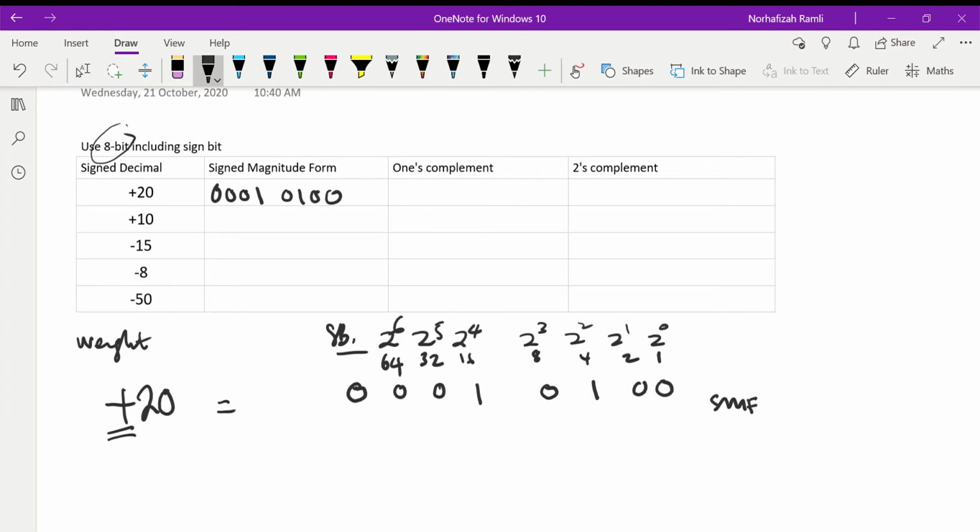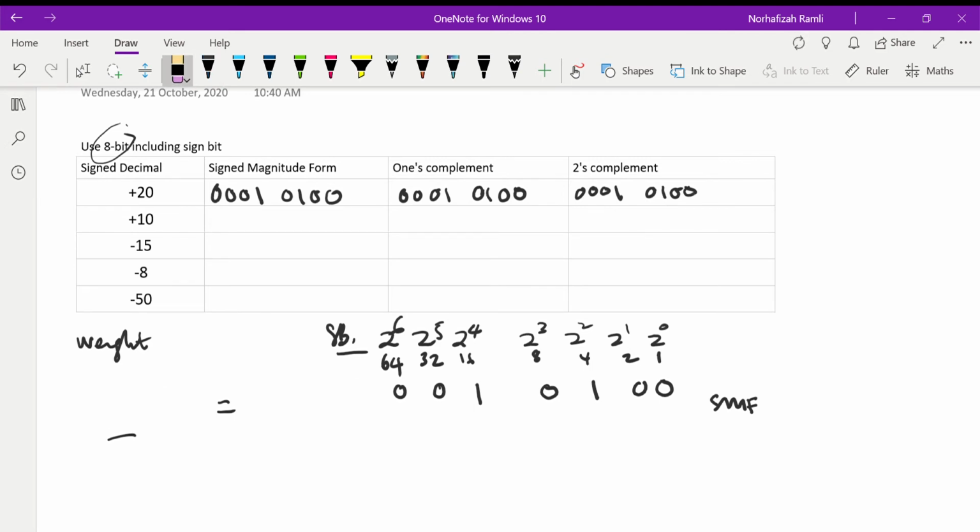Now for positive numbers, positive 20, in one's complement and two's complement you don't have to do anything. It will be the same. So plus 20 in one's complement remains 0, 0, 0, 1, 0, 1, 0, 0. And two's complement for plus 20 is also the same. You basically don't have to do anything. Similarly, if you have plus 10,